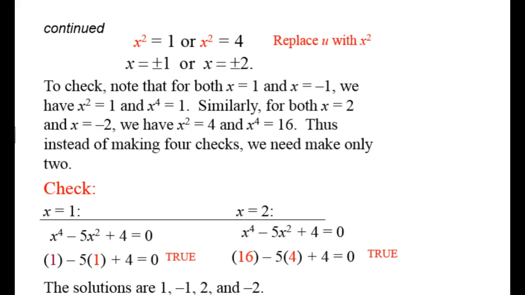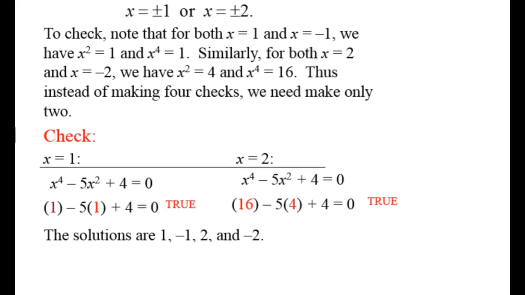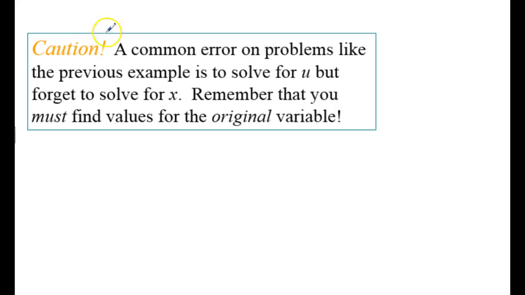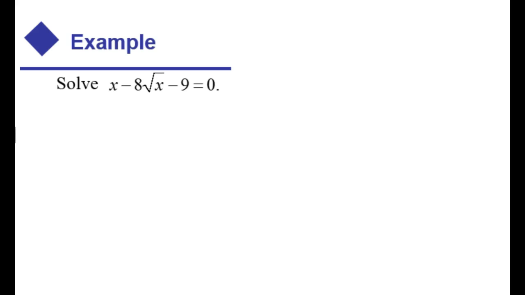And here are all 4 solutions. So be careful. The last step is often missed, and that's what this caution is talking about. Make sure that you're solving for the original variable and you don't stop with your u equals statement. So again, usually, not always, we let u be this middle term,